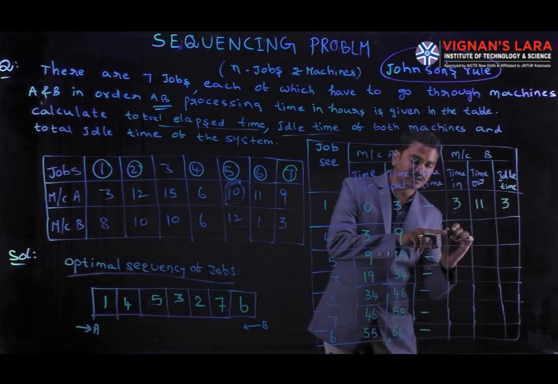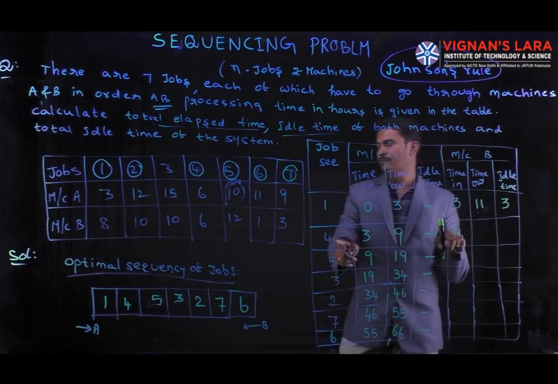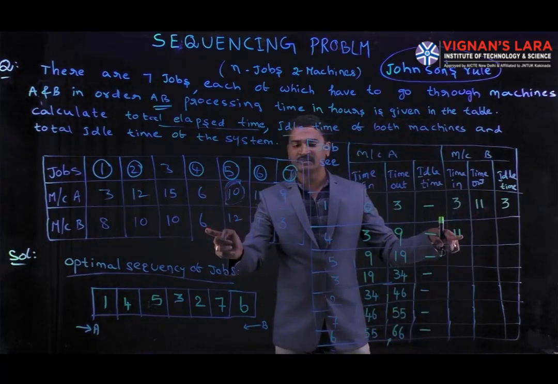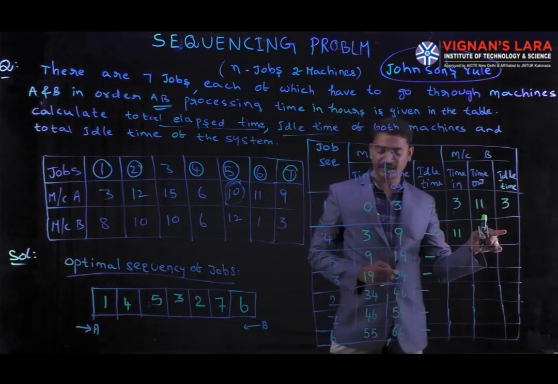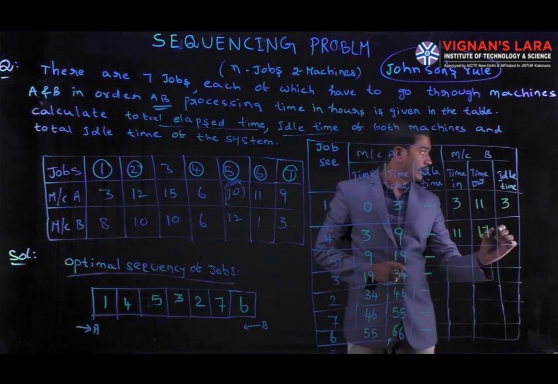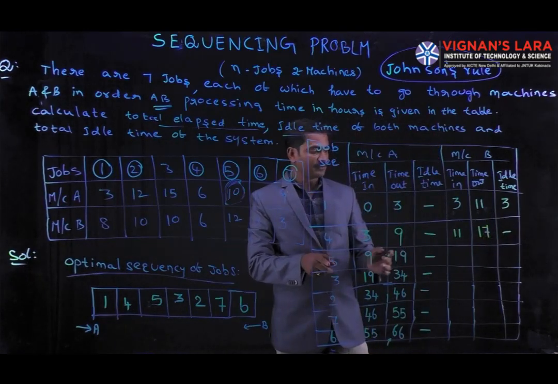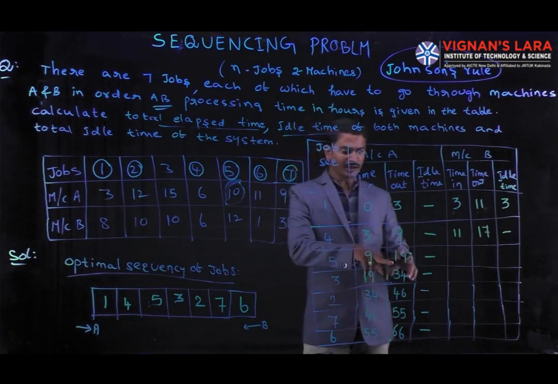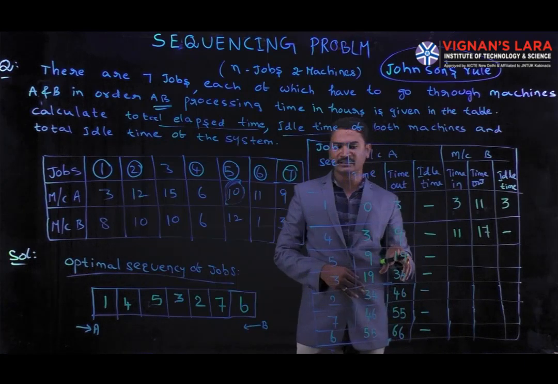So we are going to start the second job at the 11th hour. And how many hours will it take for the fourth? 6 hours. 11 plus 6, 17. Here how many hours was it idle? Here there is no idle time. Okay. Next, coming to the fifth job, another job. Here the job is completed at the 19th hour.